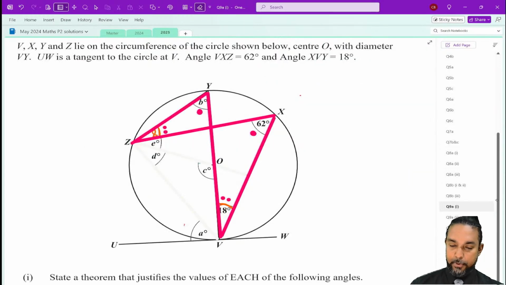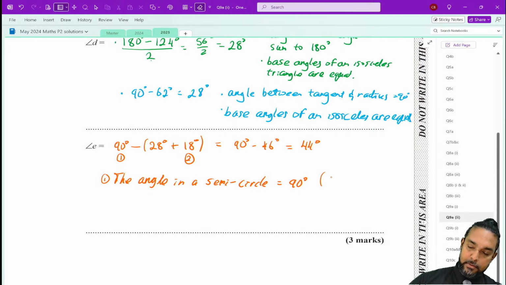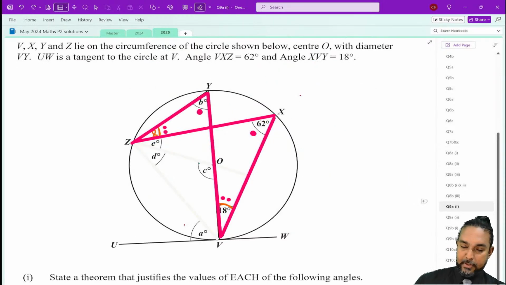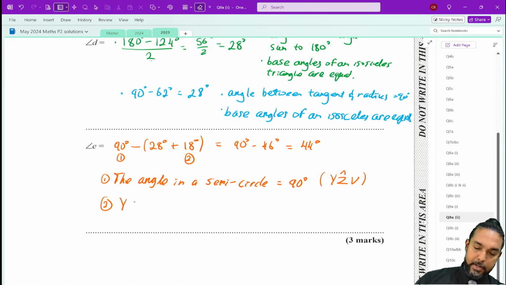And let's put in the proper notation for that. So that's actually YZV. YZV is the angle in a semicircle. And then the second rule, with the 18 degrees, is angles in the same segment standing on the same arc are equal. So this angle here is YZX, and it's equal to YVX. So YZX is equal to YVX. Angles in the same segment,